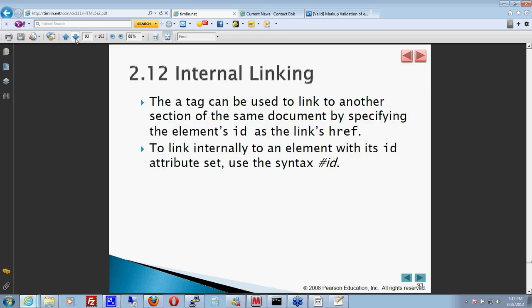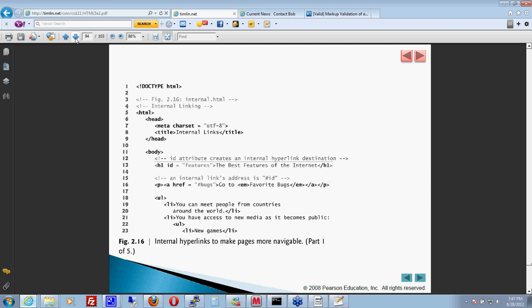The A tag can be used to link to another section of the same document. It can be an internal link. Not used that frequently, but sometimes used. So you would put a